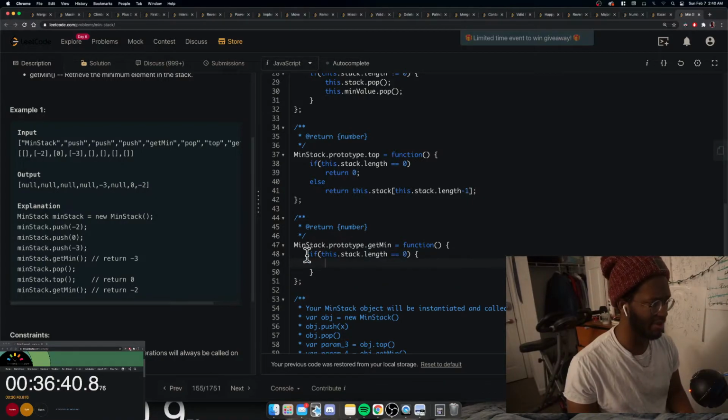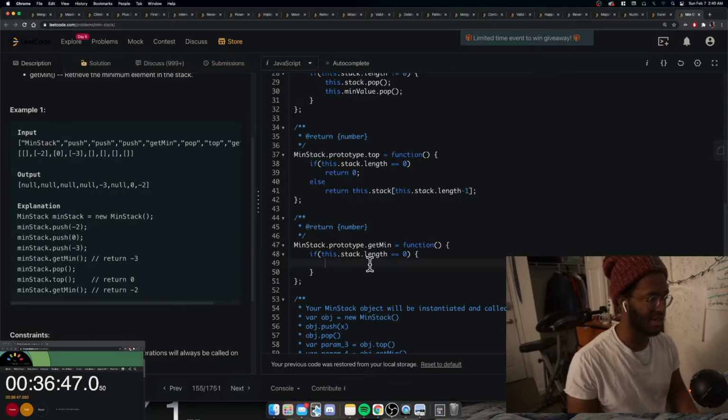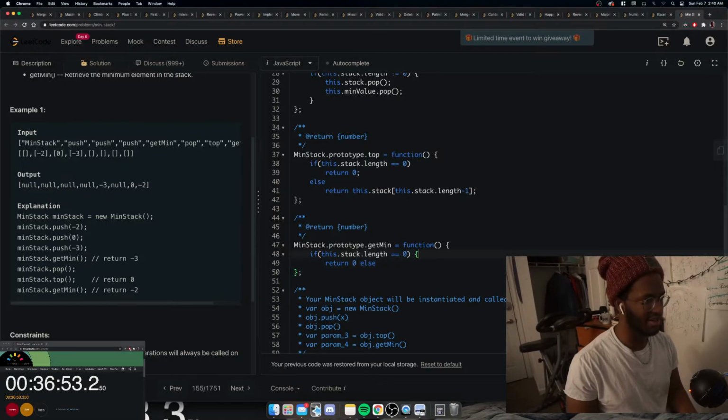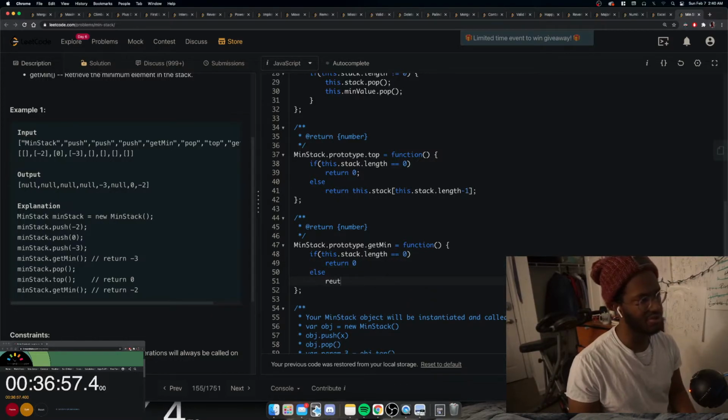And so since these are parallel stacks, we can just check if this.stack.length is empty. It's going to also be the same if min value is empty, because they're parallel stacks, right? And so we're just going to return 0 if the stack is empty, right? I guess that's bad styling since I didn't use curly braces before. And so else, we're just going to return this.minValue sub